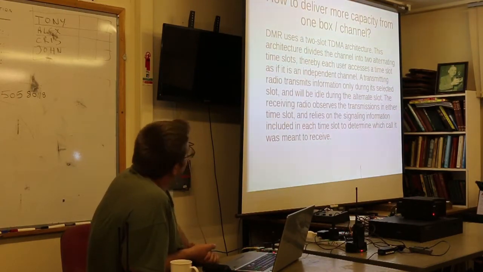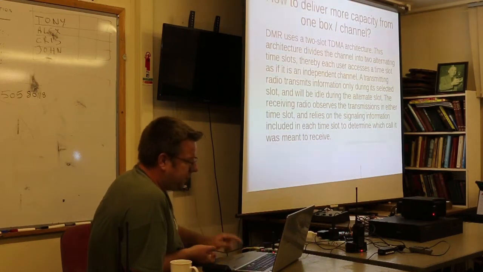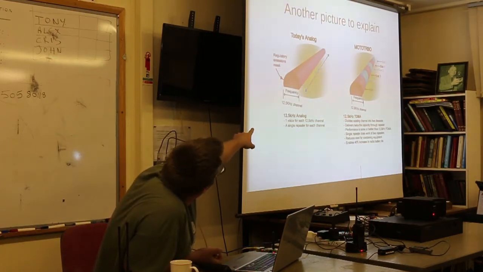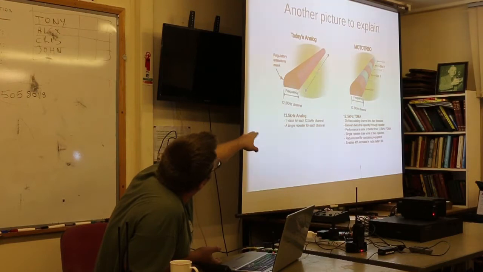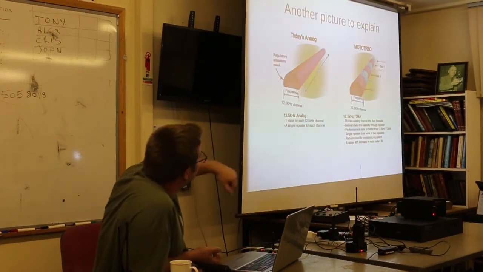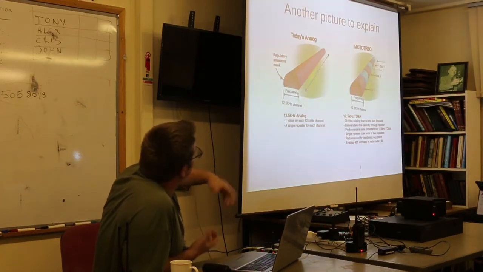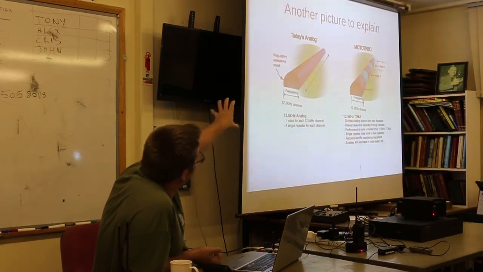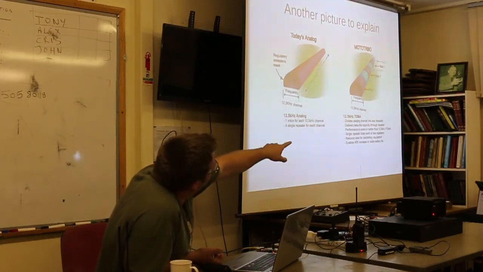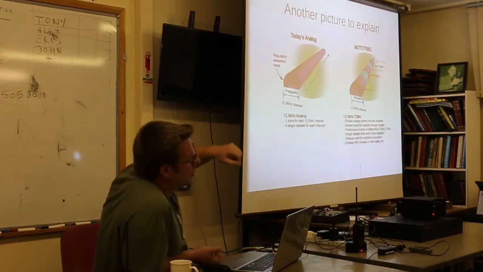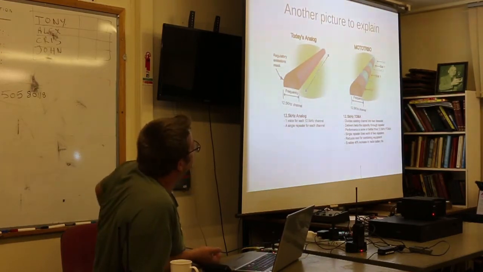So this is a tricky one to get your head around, but I'll just bring up the next slide, if you see it. On your left is the traditional 12.5 kc channel. So when you transmit, you're occupying 12.5 kcs, depending on what you're modulating. Whereas on the right, which is Motorola Turbo, which is also another term for DMR, the type of DMR we use.